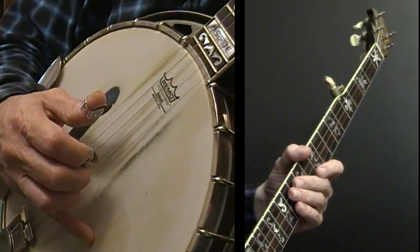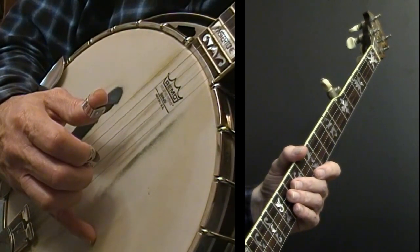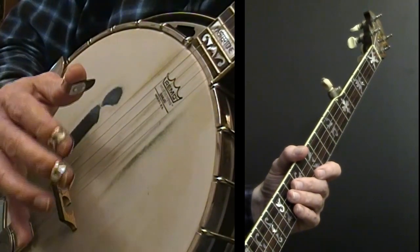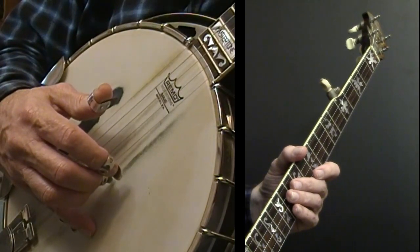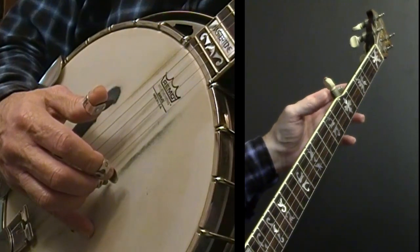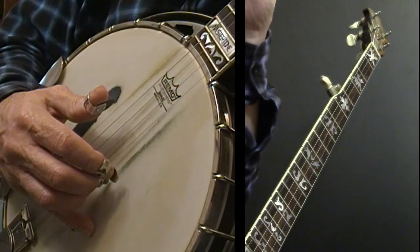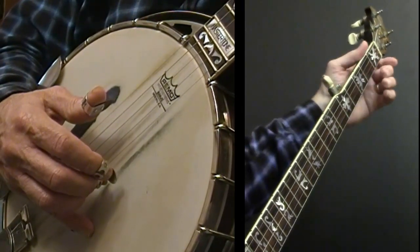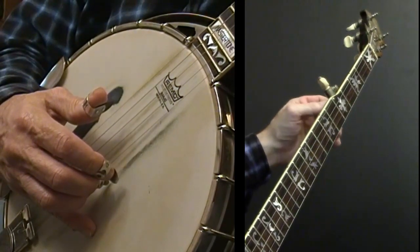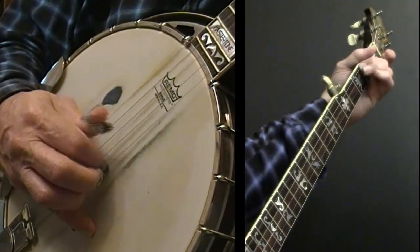Okay, now let's look at the low backup part, and really this is just a series of G licks and D licks that are unrelated to the actual melody of the song, but they work within the chord structure of the song. I'm keeping them all kind of low, assuming there's maybe a mandolin or a violin playing the lead part, and I'm down here in these lower notes, so I'm not interfering with their register. Or if somebody's singing, here she comes,